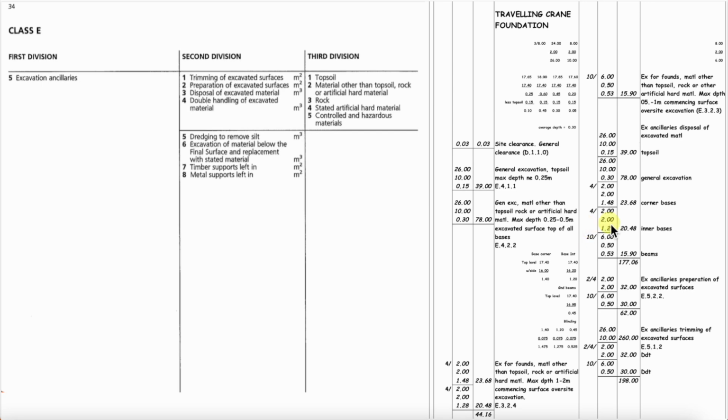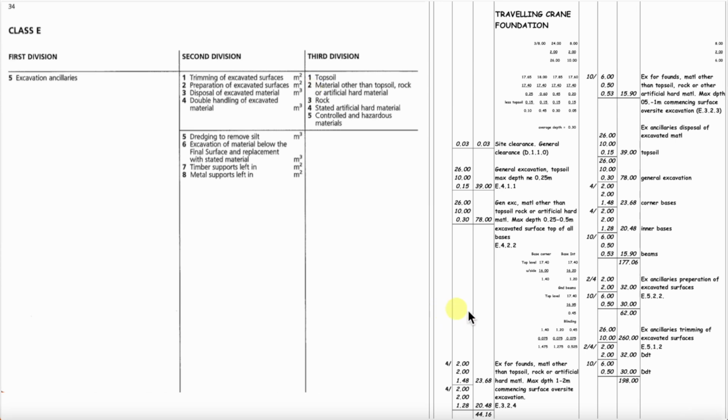Our next takeoff is excavation ancillaries, disposal of excavated material, and the first one is topsoil, and the code will be E.5.3.1 topsoil. All of the others, general excavation, corner bases, inner bases, and beams, will be grouped together under excavation ancillaries disposal in the Bill of Quantities, and they will share a code of